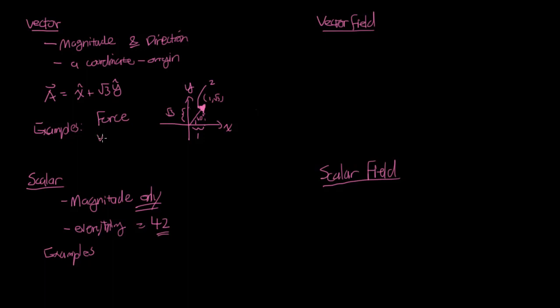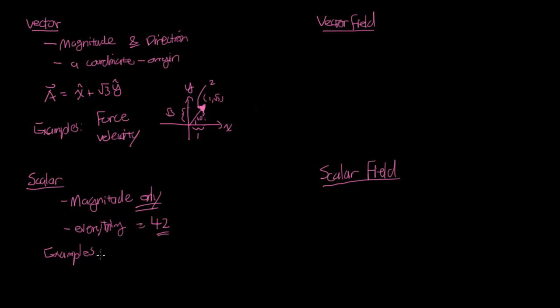You can also see velocity is one. Remember the difference between speed and velocity. Speed is just saying I'm going 60 miles an hour or 20 kilometers an hour. Velocity also has a direction associated with it. So for it to be velocity, you would say it's 20 kilometers an hour due east,